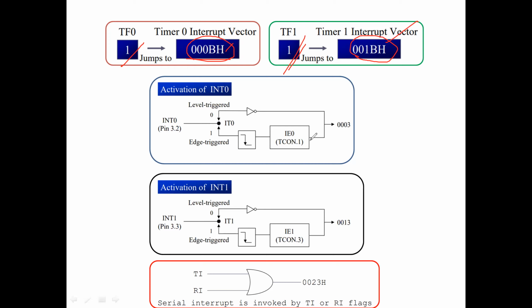So when the interrupt occurs, the controller will stop the main function. What exactly is it doing? It will stop that, service this interrupt, and get back to the main program. Similarly, if it is a hardware interrupt, the program will jump to the corresponding location and service the corresponding interrupt. Similarly, this is for serial. I have mentioned the corresponding addresses.